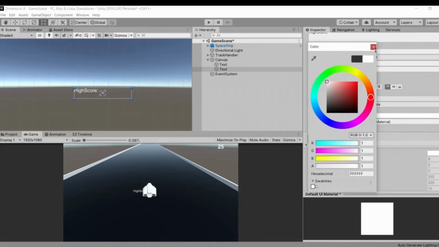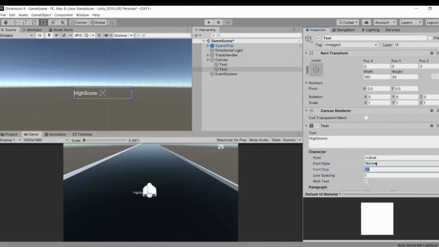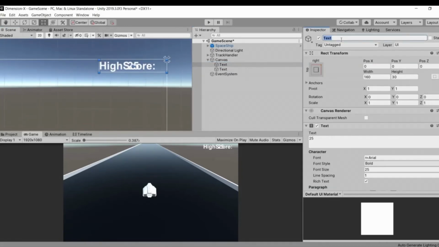Again adjust the color to white, the alignment should be in the center, and the text should be bold guys. From normal just go to bold, and as you can see, our high score is looking quite good. Again align it to the top. Okay, this one is on the top as well. Just rename this text as score txt, where txt stands for text, and this one as the title txt. With that said guys, do some required changes